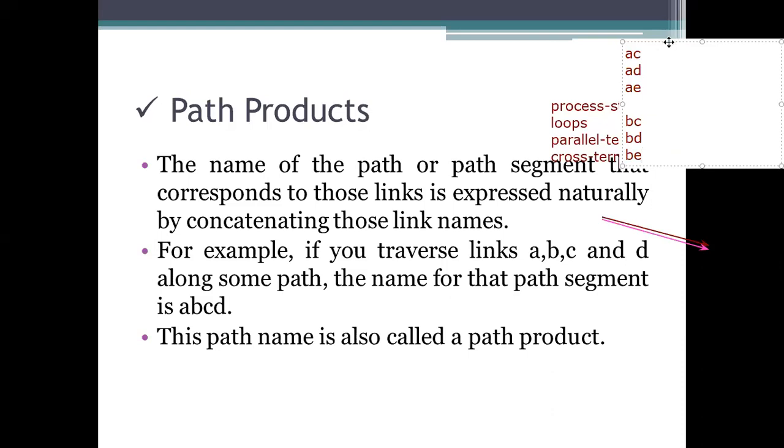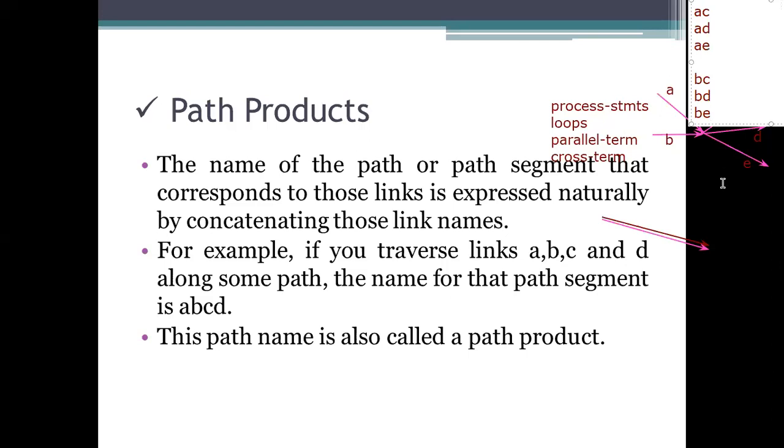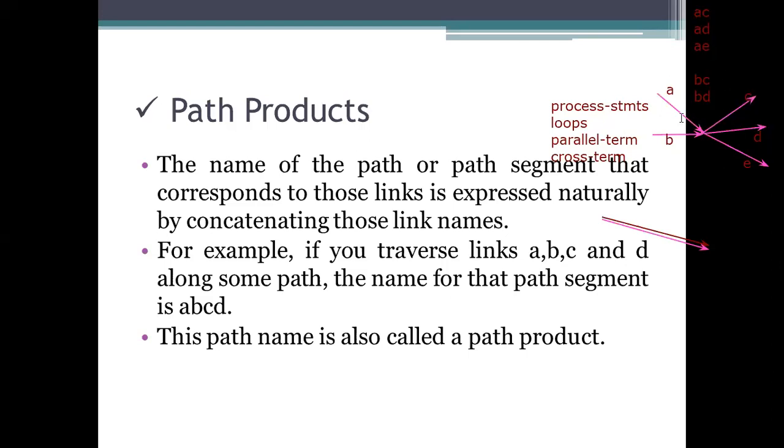If there is such a notation like this, what do we need to do here? We need to present a cross term. It means these two are the links we are using, and these three are the links which are being processed also. They have a common point specified. This is considered as a cross term representation. Parallel term means from one node to another node, we have multiple paths in the same direction. Parallelly, they are running.